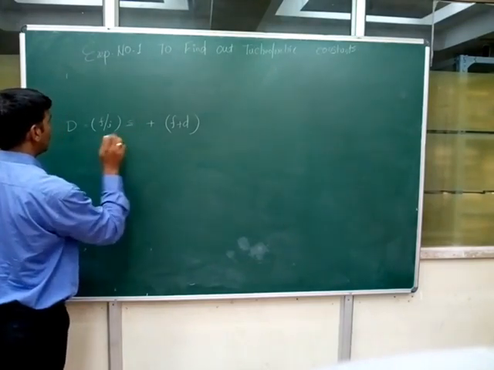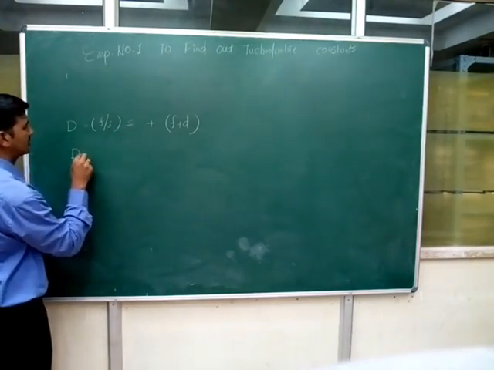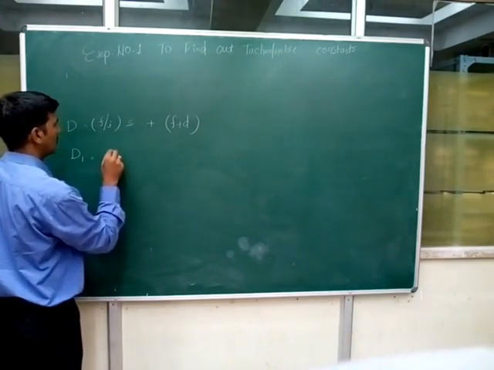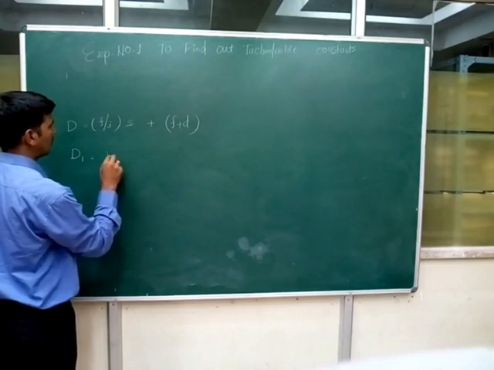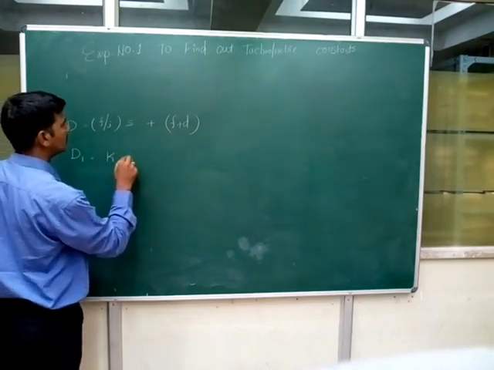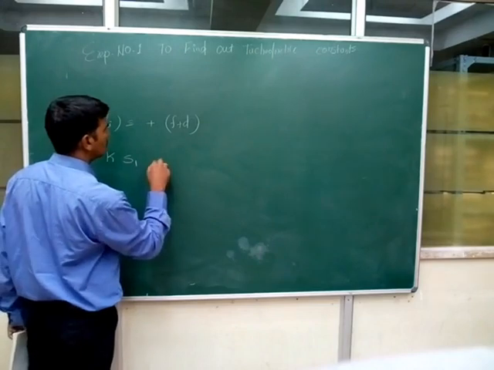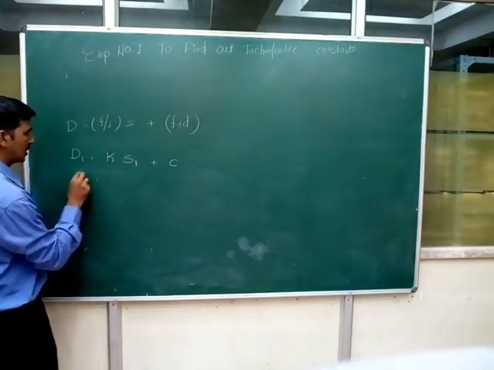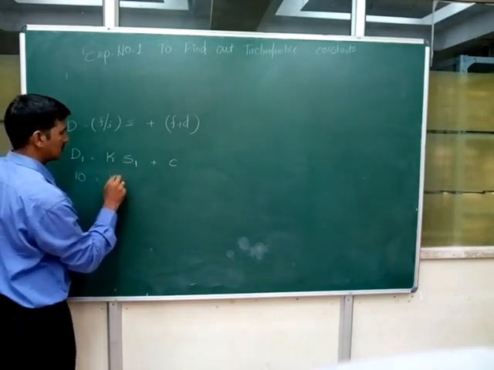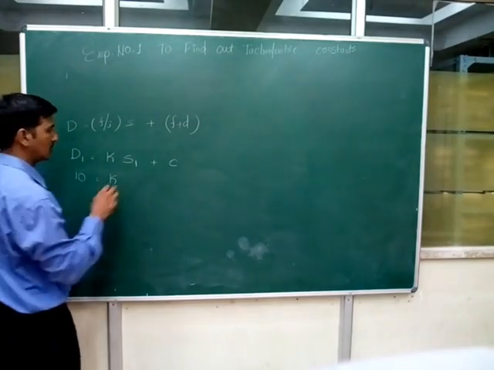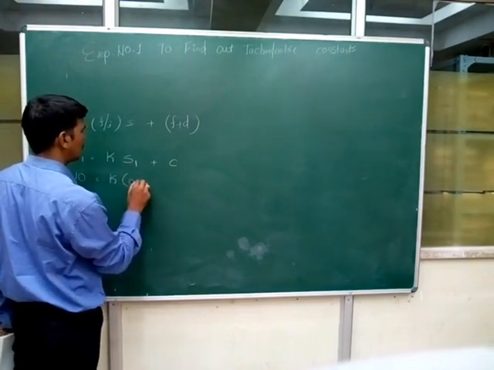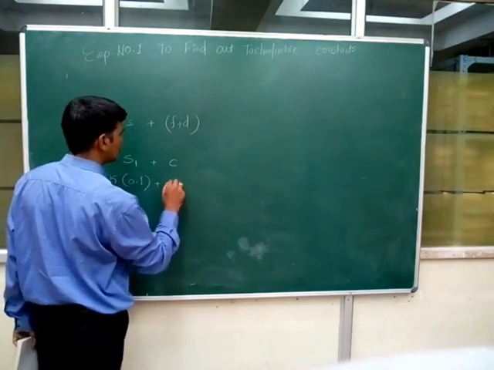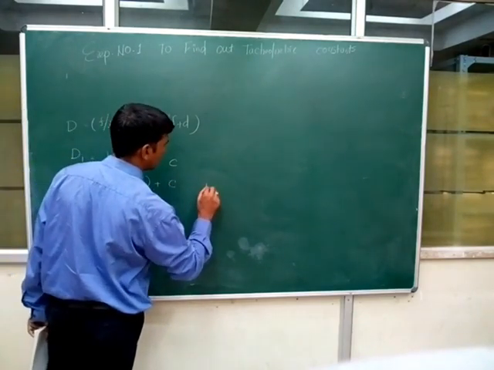What we are doing is we are knowing the distance. Let us say the first distance is D1. In place of F upon I, I will take K, and the additive constant as C. So the first case is D1 equals K S1 plus C. K is a constant which is unknown to us, and S1 we have just calculated from the observation table, it is 0.1. So 10 equals K times 0.1 plus C. Let us say this is my first equation.